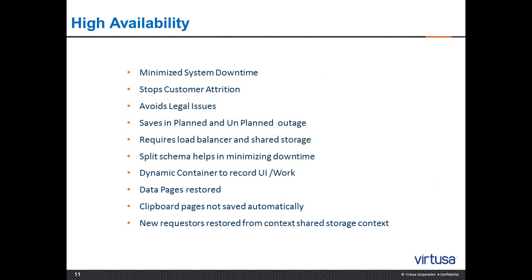where we talk about high availability. Again, this high availability is introduced by Pega 7, which minimizes your downtime. Whenever a production system goes down, you may see customer impacts, and some organizations may face legal issues. So in these scenarios, Pega has come up with a high availability concept which minimizes the downtime even in planned and unplanned outages.